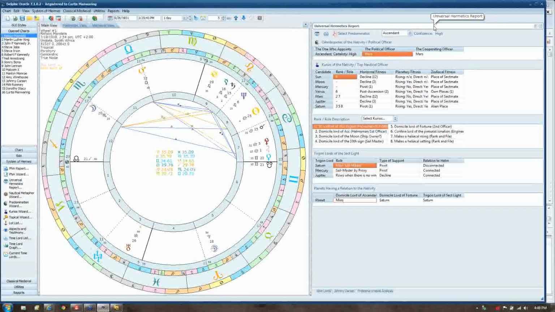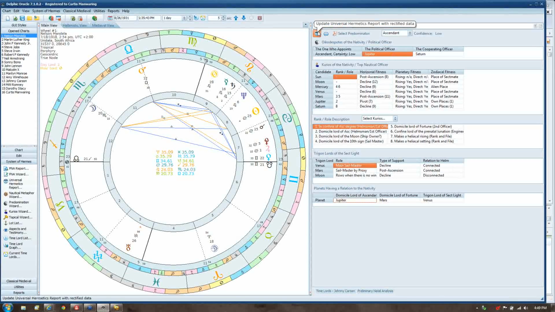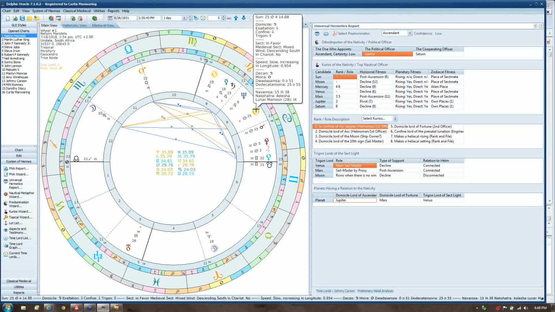So in this selection, it's suggested that the political officer represents what the life is for. So it's kind of like a category for that selection. And in this case, I don't know if I'm showing it right. Okay, political officer, Jupiter. Now, in the predomination,